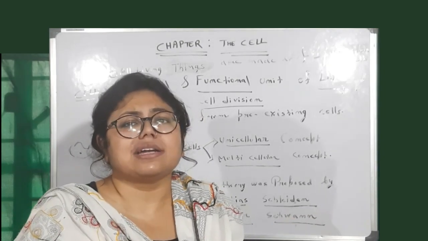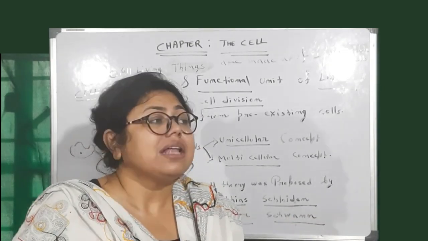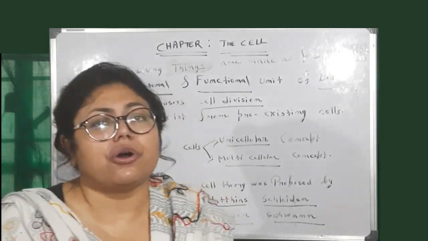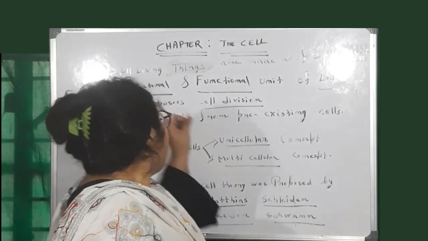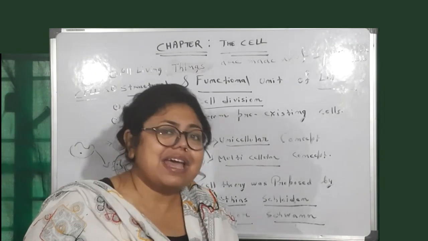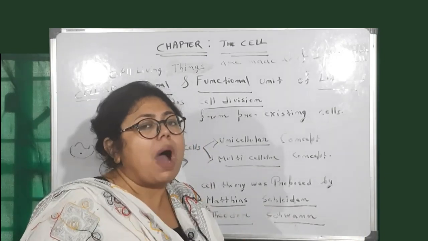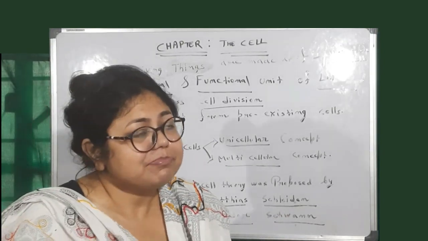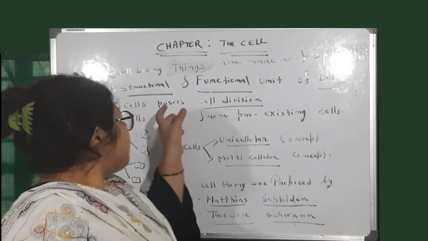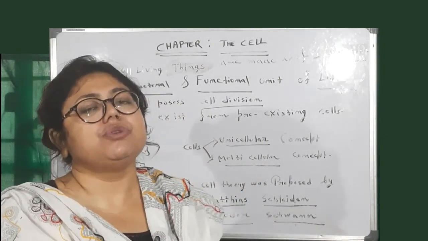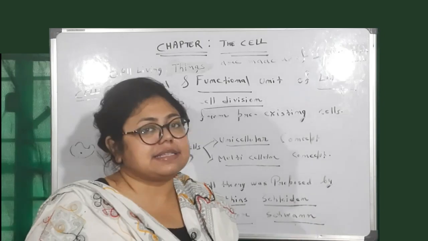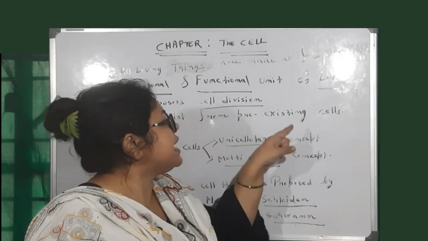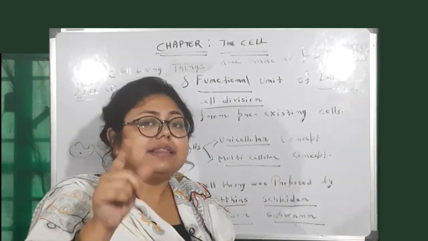So what is your target? Your target is to let the teacher know that you know the concept clearly. You will get full marks in that. So in the case of cell theory, we want the specific answer. The first point is: all living things are made up of one or more than one cell, which includes plants and animals. The second one: the cell is the basic structural and functional unit of life. And the third one is: cells exist from pre-existing cells. And how this concept